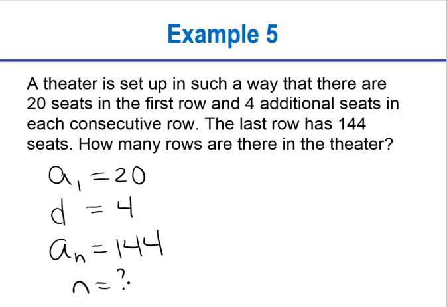Now, using an arithmetic sequence formula, we could say that A sub n is equal to A sub 1, where you start, plus something times the difference. I'm just going to put D. Our difference is 4. We'll plug that in just a minute, but something times the difference. Now here's the thing though. A sub 1 is just 20. So if we're imagining what needs to go here,